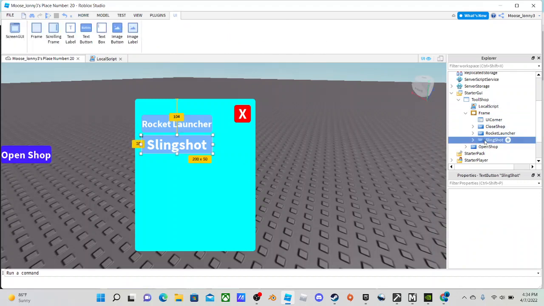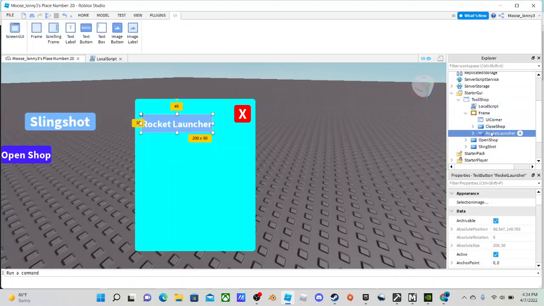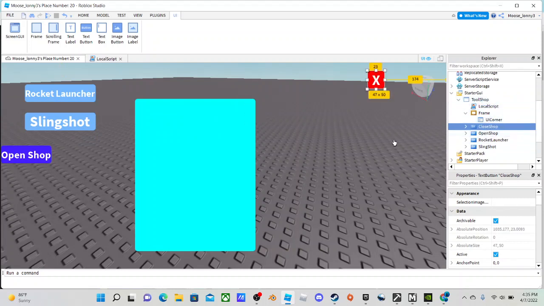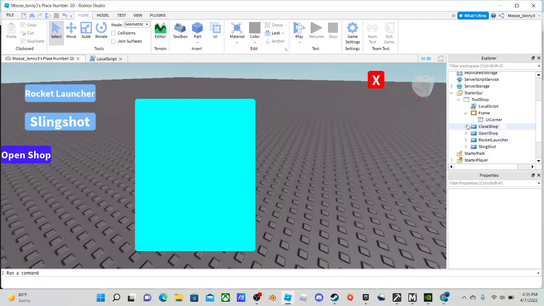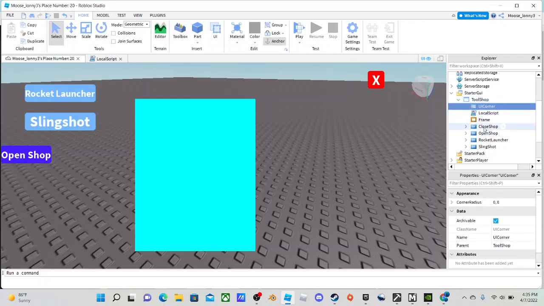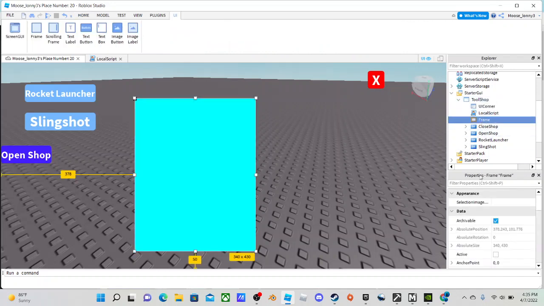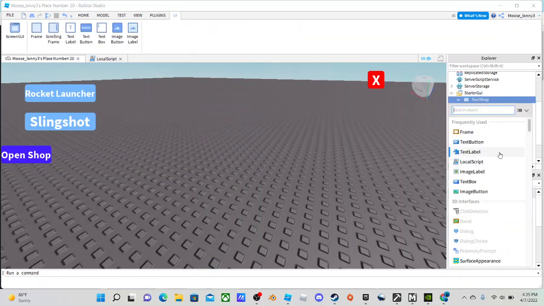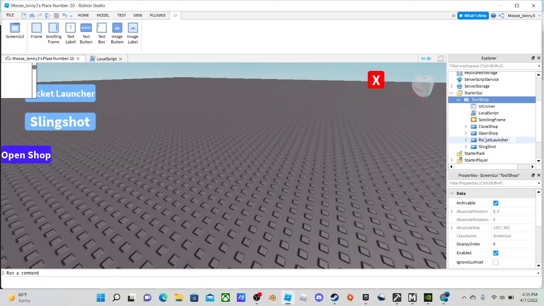as you can see, when I move it out of the frame, it goes to all different corners of the area. As you can see, all the buttons are all messed up and everything. And the reason why I'm getting everything out of the frame is because I'm going to change it to a scrolling frame. So now I'm going to add in a scrolling frame, and